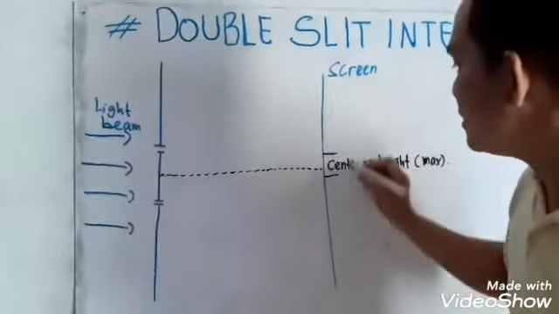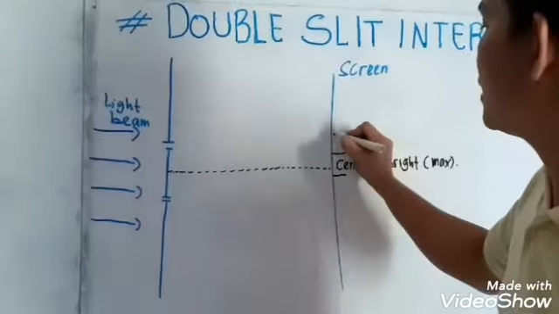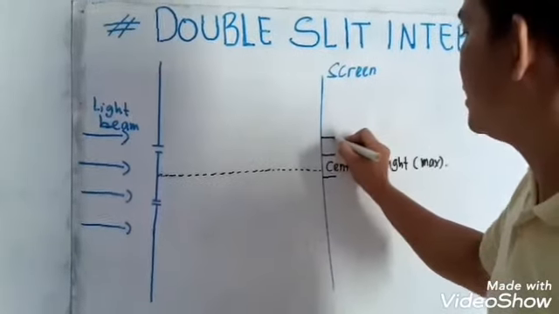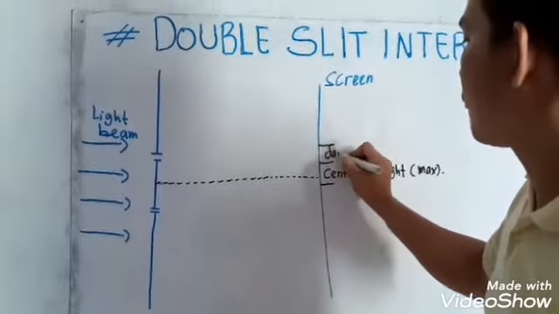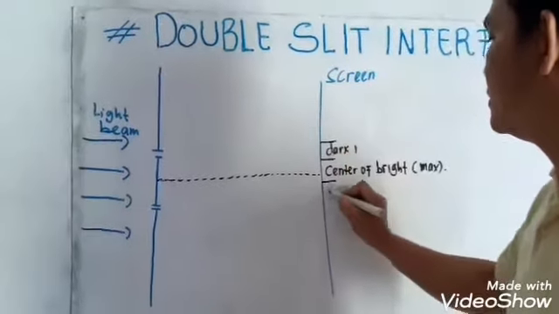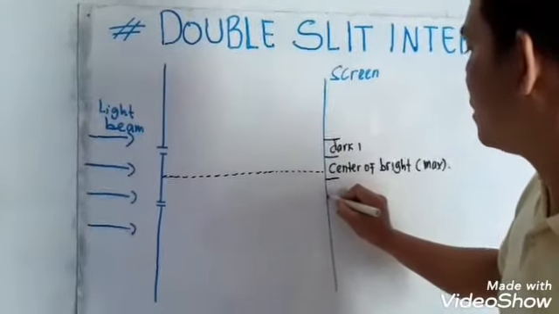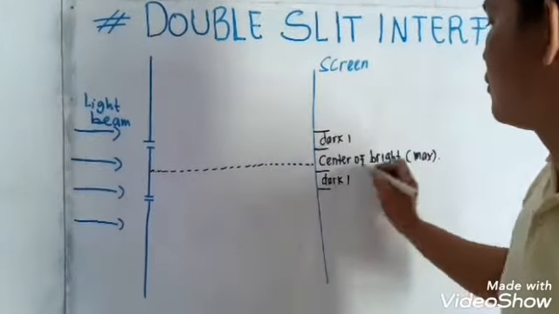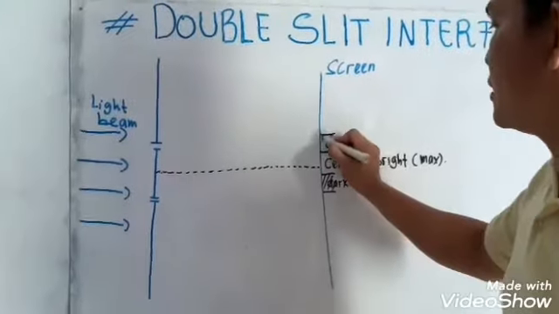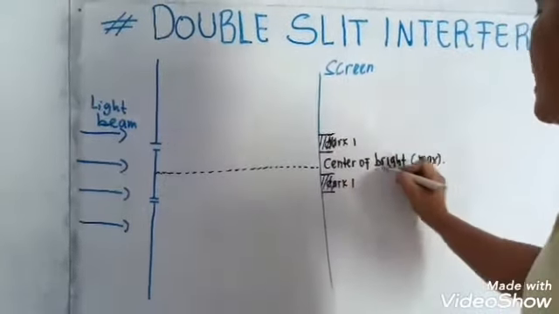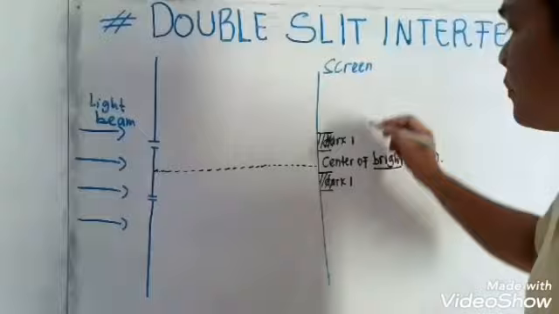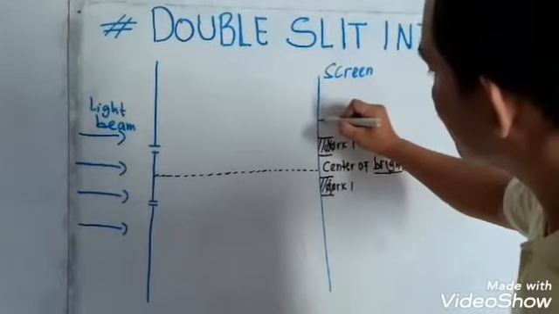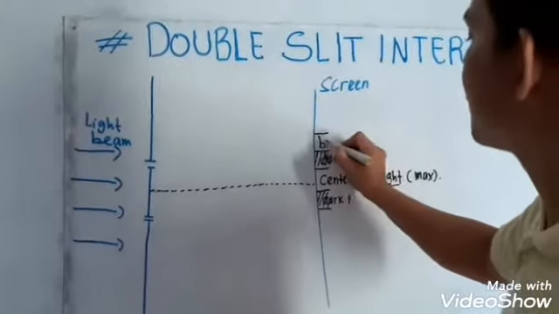Okay, so then there will also be a dark pattern in here. We see a dark one, and then this one is also a dark one. Okay, this is dark, this is bright, this one is dark,